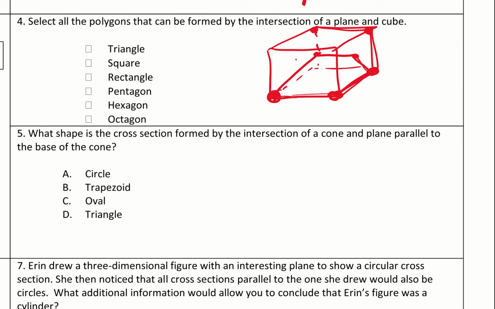And there is a plane that exists that you could make a pentagon. You only need the 1 point. You can actually make this point right here and make the pentagon shape like that, right? And you could do a hexagon because you have 6 corners, 6 points on the space that you can do this with. So bottom line, you can do hexagon, pentagon, rectangle, square, triangle, but you cannot do an octagon